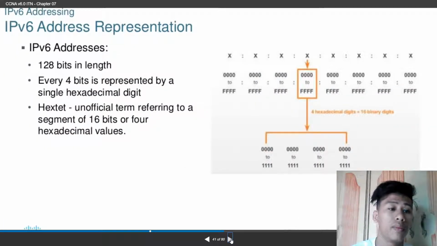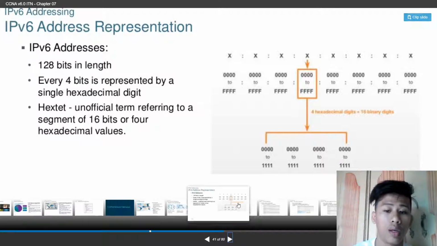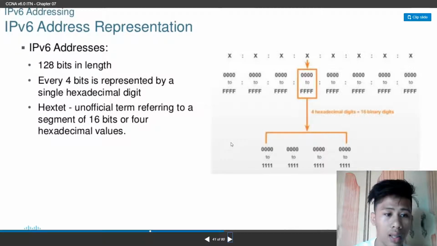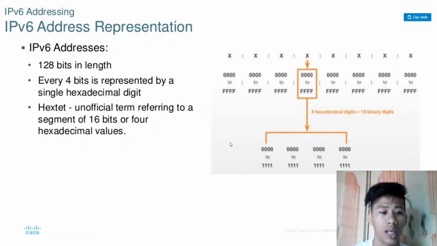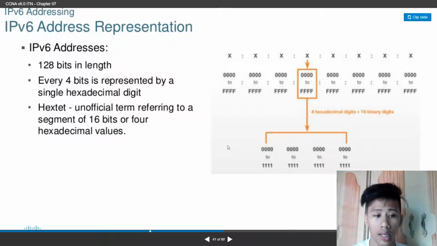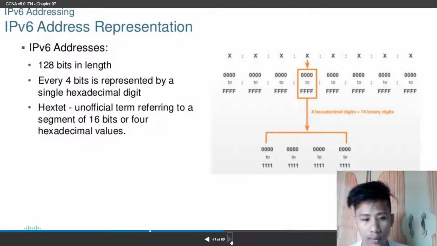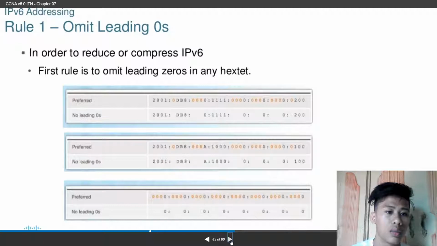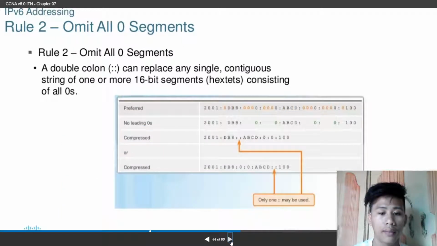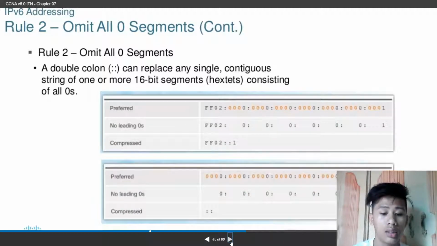This is the IPv6 address representation. It is 128 bits in length, and every 4 bits is represented by a single hexadecimal digit. It is called a hextet, an unofficial term referring to a segment of 16 bits, or 4 hexadecimal values. Rule number 1, in order to reduce or compress IPv6, is to omit leading zeros in a hextet. Rule number 2 is the double colon, which can replace any single